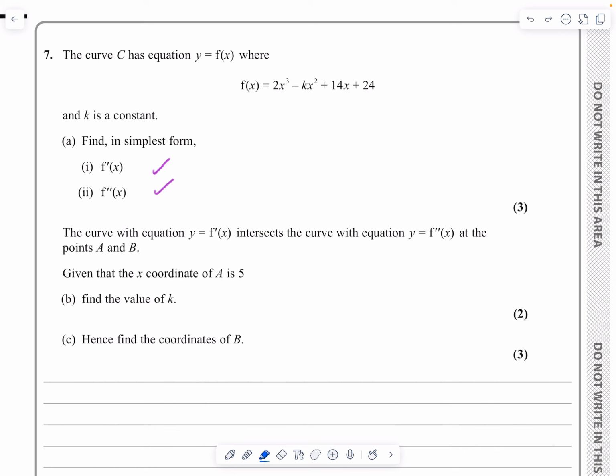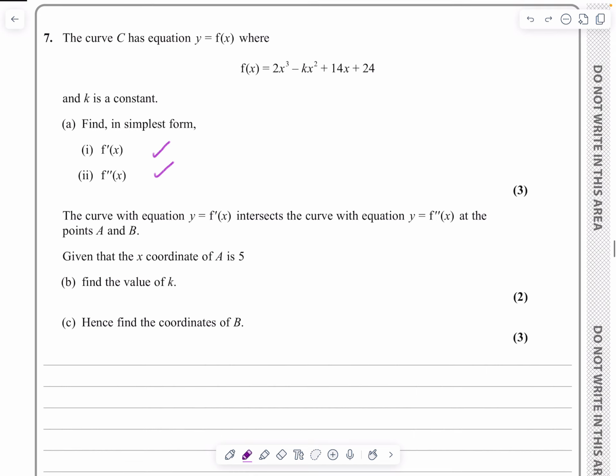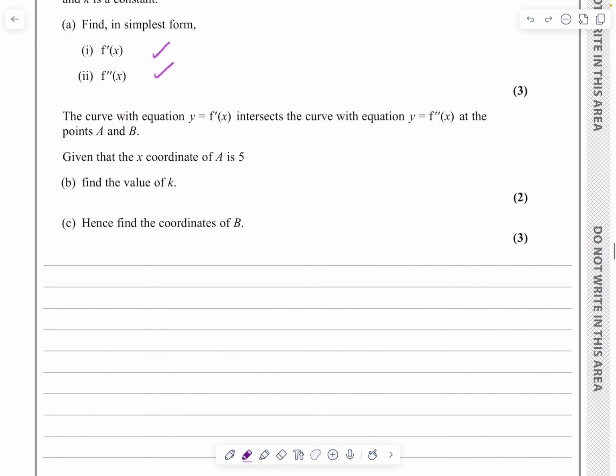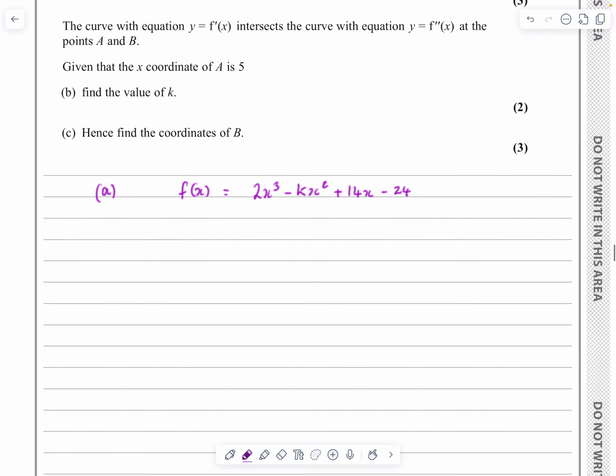It gives me my function f(x) here, and what we'll notice is there's a k in my function. That's not going to cause me any problems, and it asks me simply, can I find f'(x) and f''(x) in simplest form? Yep, absolutely I can. So we had that f(x) was equal to 2x cubed, minus kx squared plus 14x minus 24, and then all we're doing for part 1